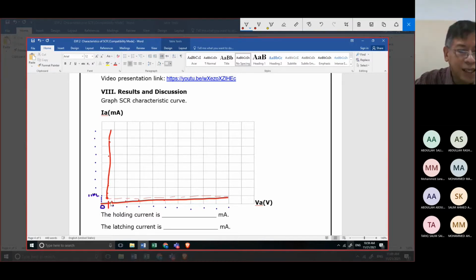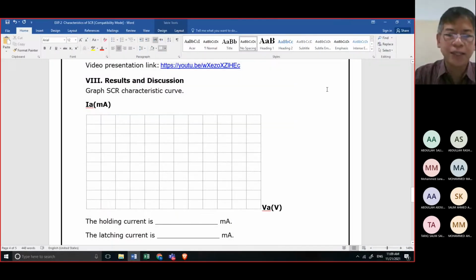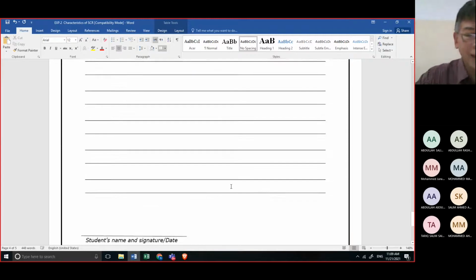How much is the current? You will measure starting from here, and also from here. That is the equivalent. Any questions, class? I want to see exactly what your reading is.